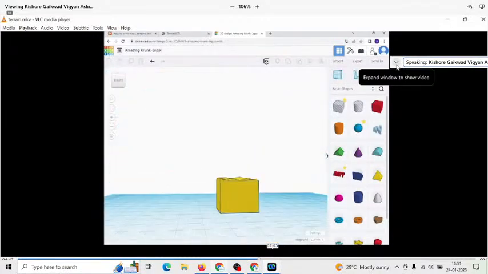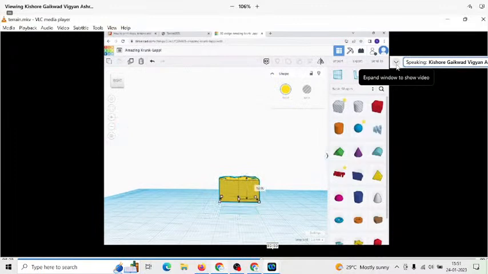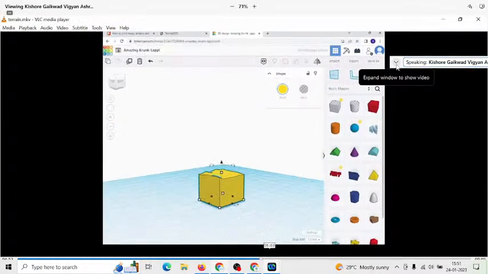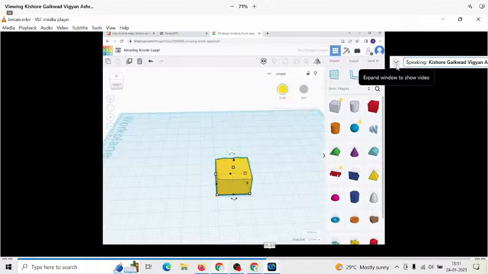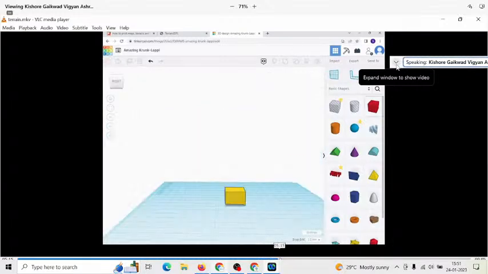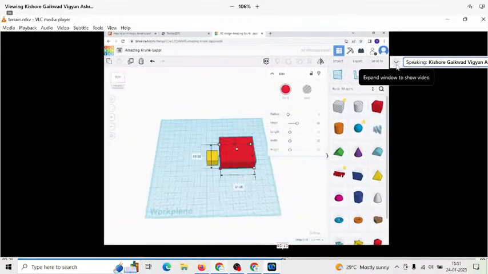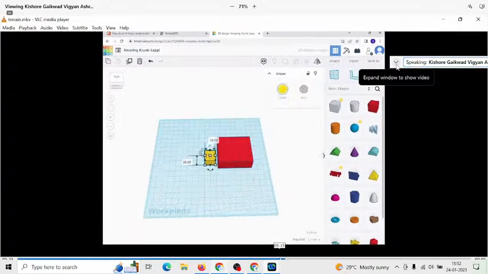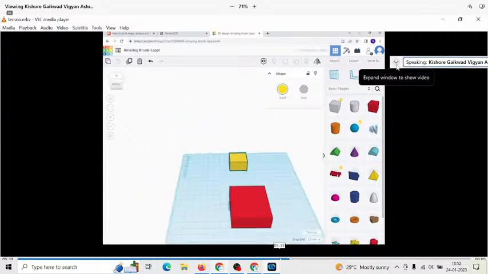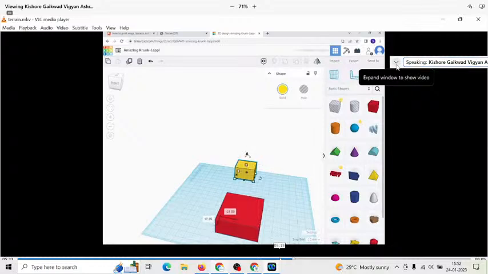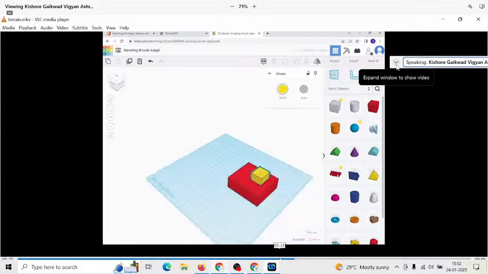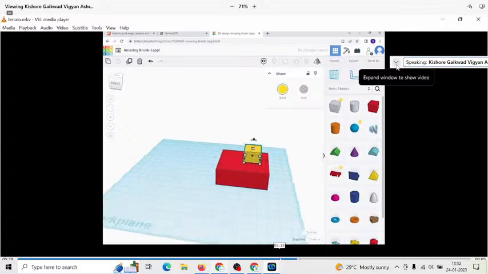So I'm just searching it. I'm just seeing that mold from all directions, changing the height to make it appropriate for casting, because I'm going to add some plates around this mold at a later part. So I'm just turning that mold 180 degrees upside down and taking one block, and I'm going to make this land terrain as a whole. That yellow, I'm going to make it as a whole later, and I'm going to add that yellow part as a whole to the red part. So I'm going to group them together